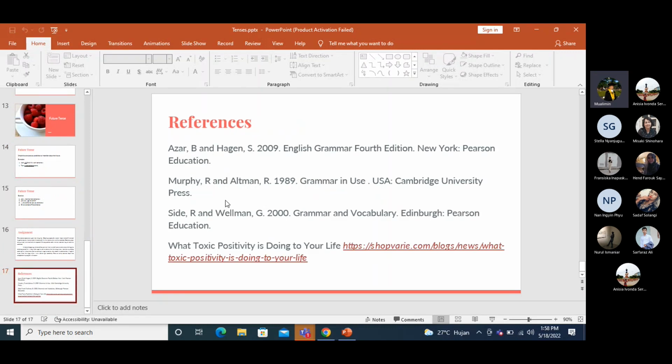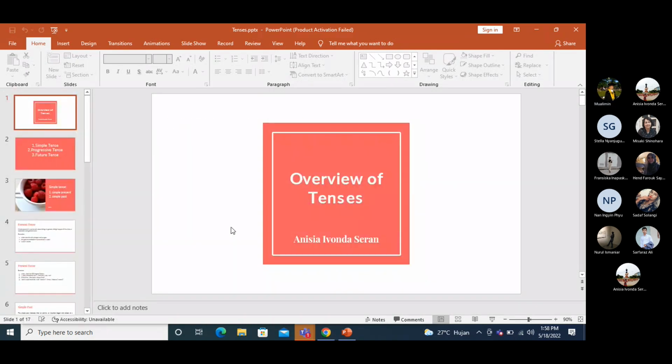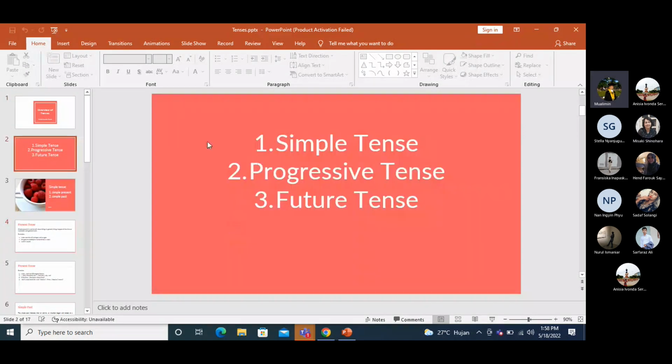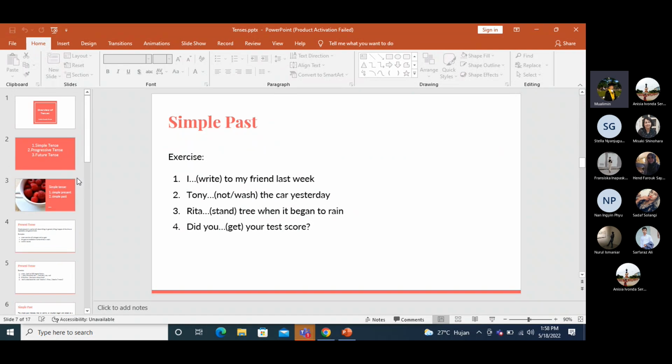And any other suggestion from the others? I think it's better that you also give some planning. Just a moment. What is the planning for this one? For the lesson plan for the whole session.